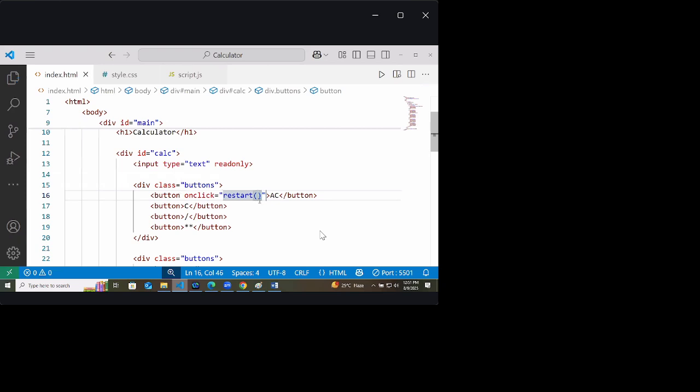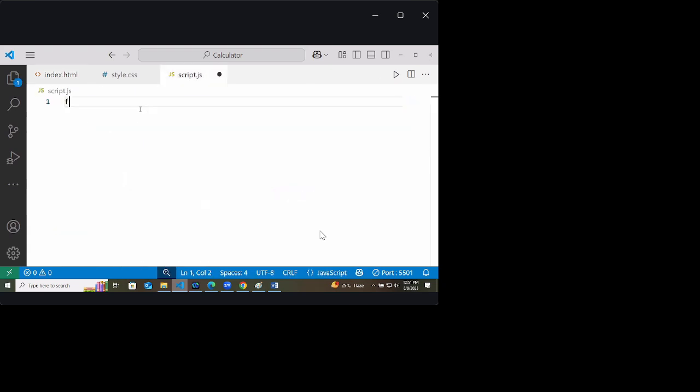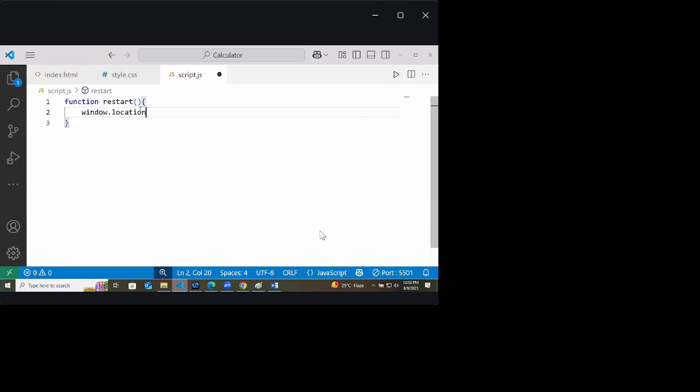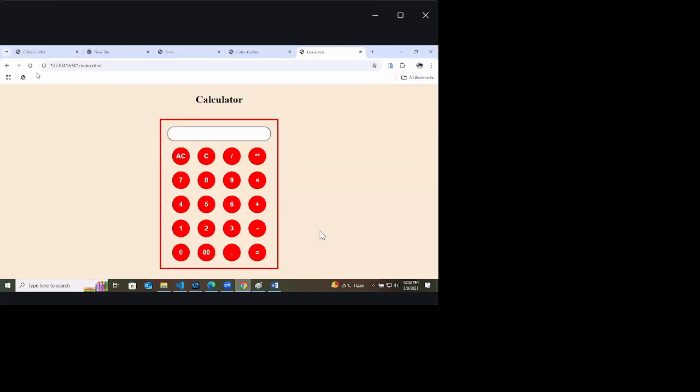So whenever AC button is clicked, it will call a restart function. In script, I will write function restart, window dot location equals to index.html. So whatever our index.html file is, it will reload that. So I will press AC, load it again. It is getting refreshed or not? Means it will clear everything.